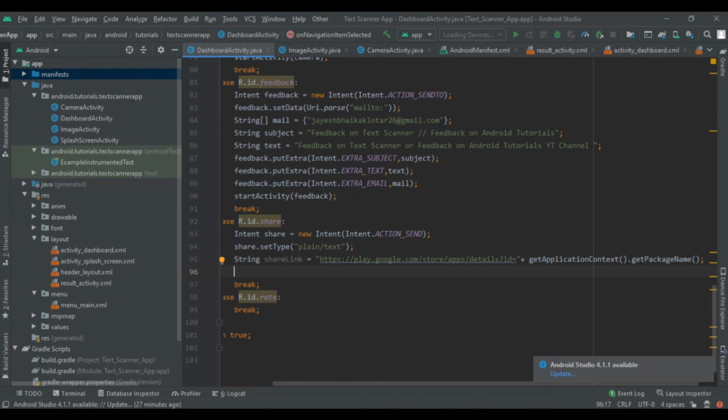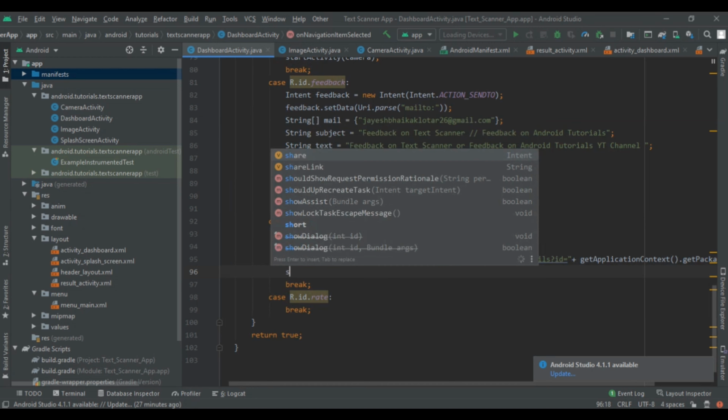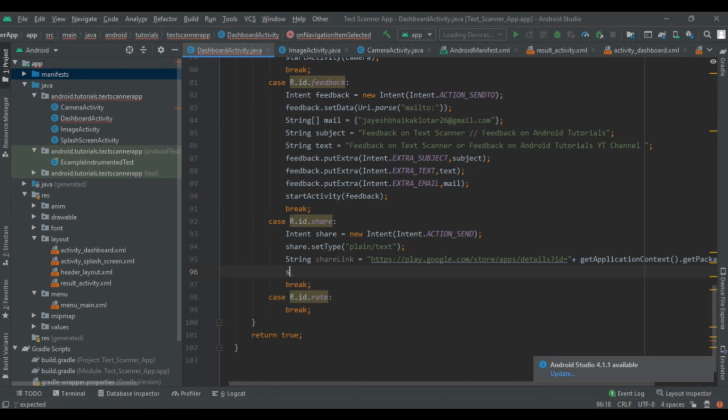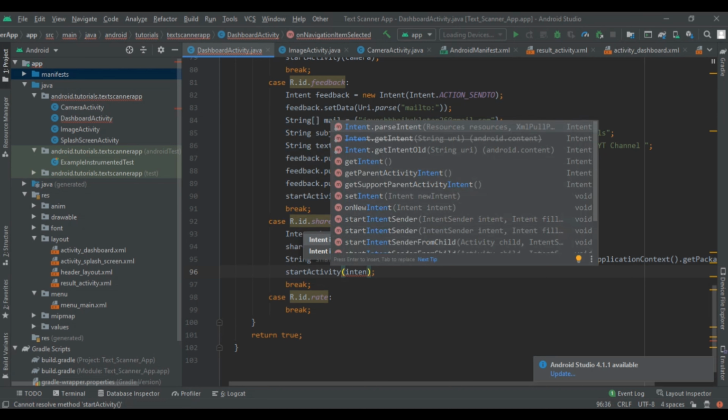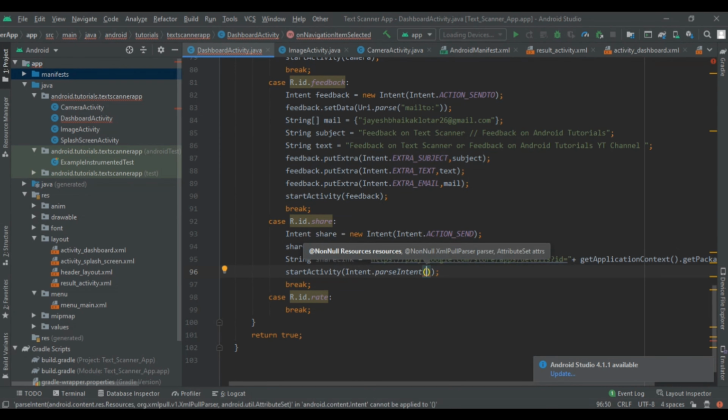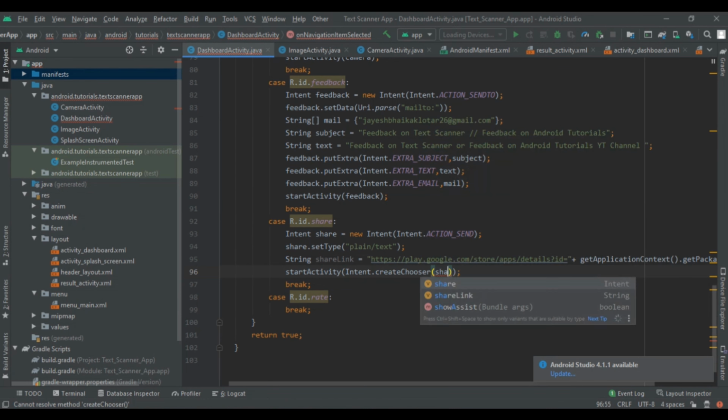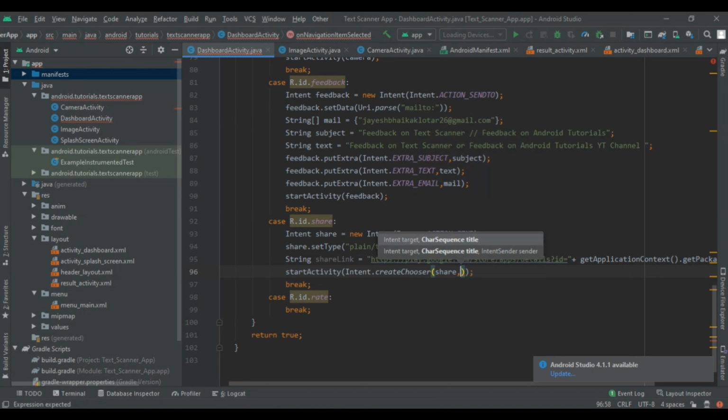So first we are going to set our share link. So start writing activity. So start activity intent dot create chooser, and here we have to write our share intent, and then next will be the title that we have to show.